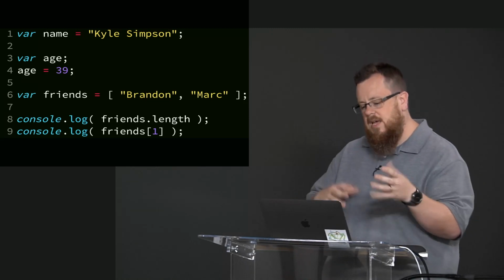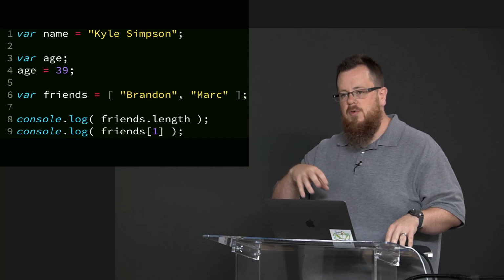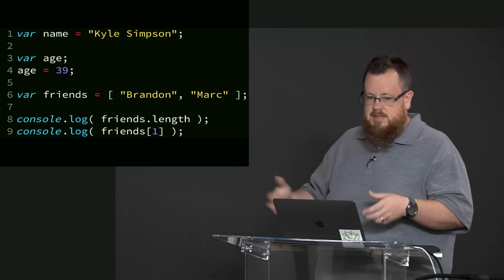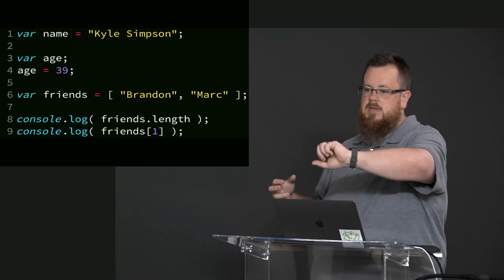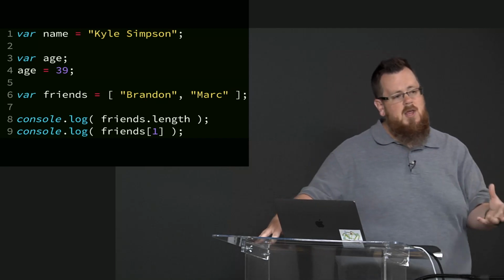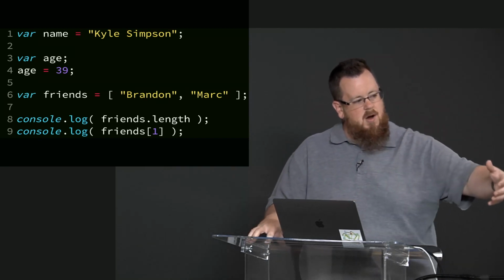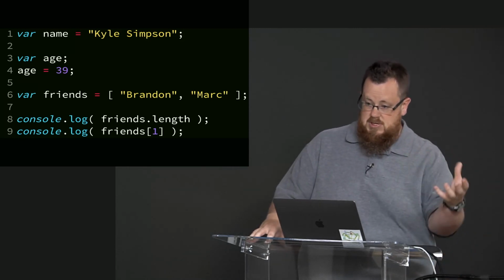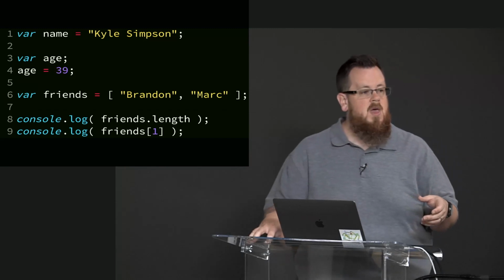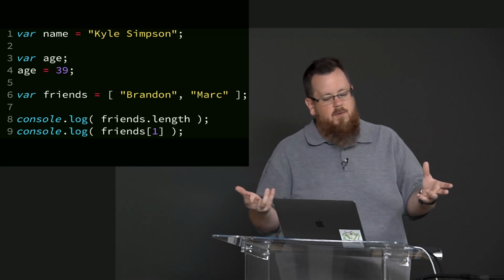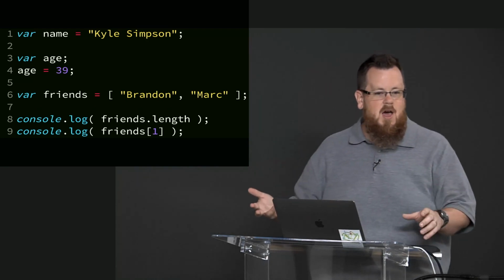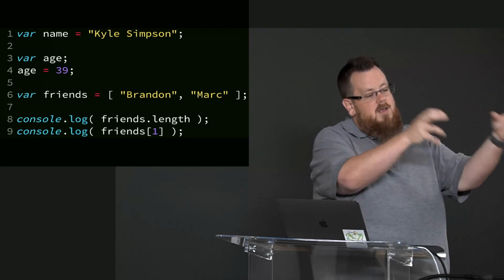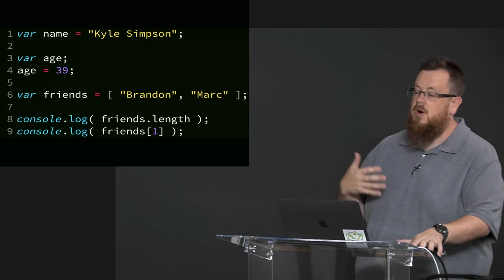Line 3 and 4 are slightly different than line 1, because in line 1 I both said that I needed a variable of the name, but I also assigned it a value right away. I said, go and create this location in memory and give it a value. Line 3 does something slightly different. It says, hey, go give me some area in memory, but I don't know what I want to put into it yet, so just give it one of those empty values. In particular, it's going to give it the undefined empty value. And then later, which just happens to be line 4, we're going to give it a value of 39. That's how old I am at the time right now. So we're putting in the value 39 into that location of memory